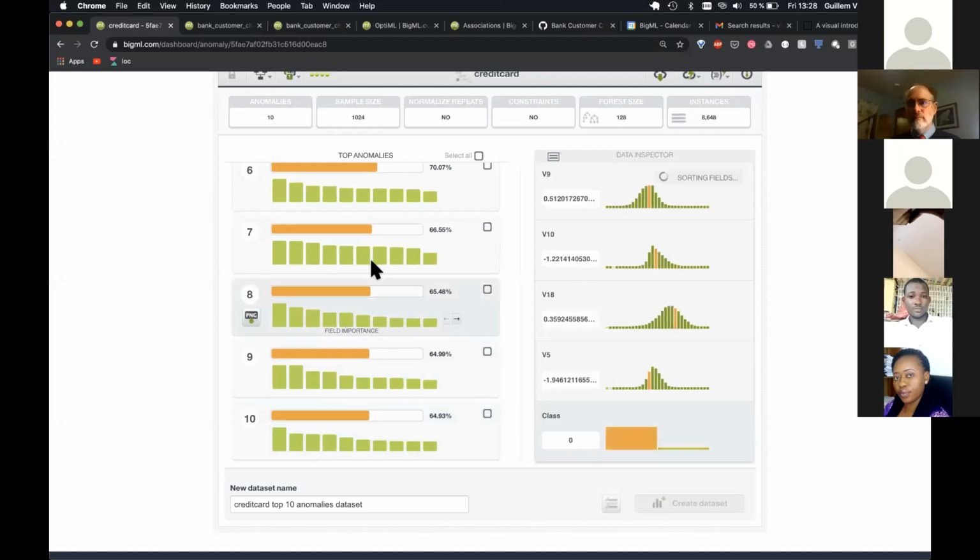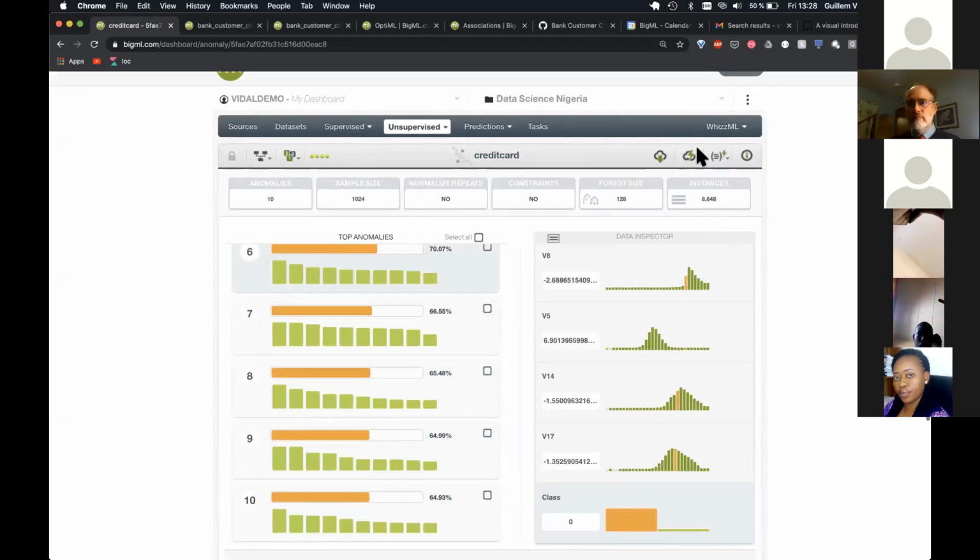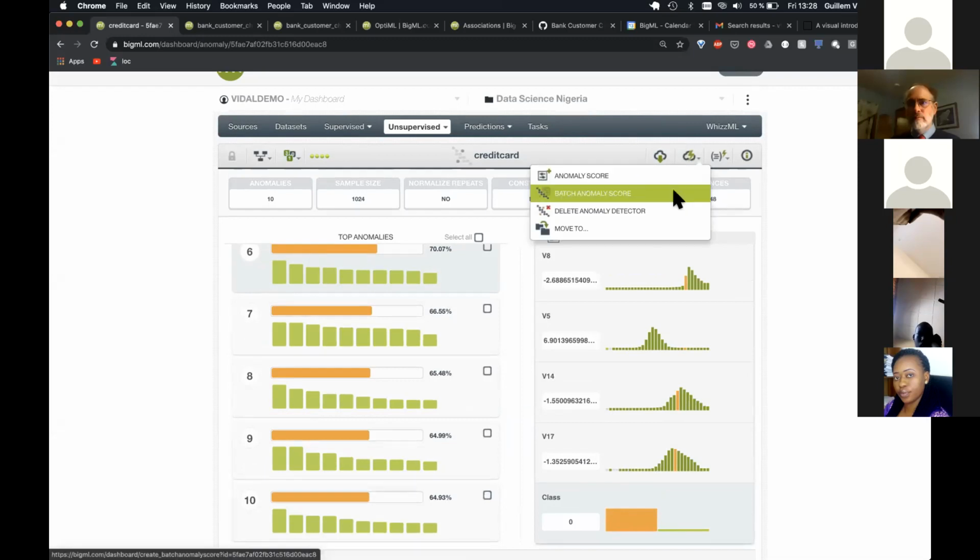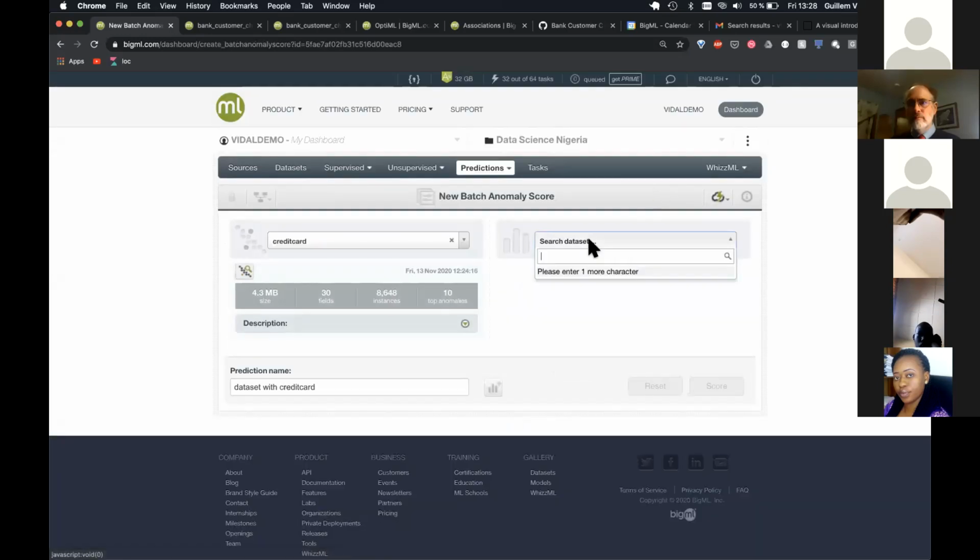So this looks great, but I want to see more results. So what I'm going to do is a batch anomaly score. This anomaly detector allows me to score instances, transactions. So I'll do a batch anomaly score over my training data set. As this is unsupervised learning, and in my training data set, I didn't use the